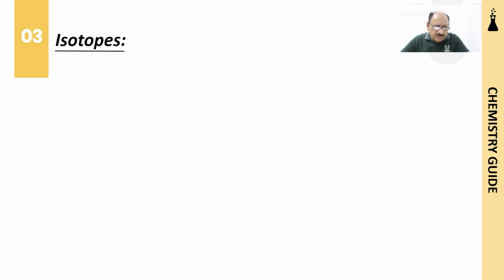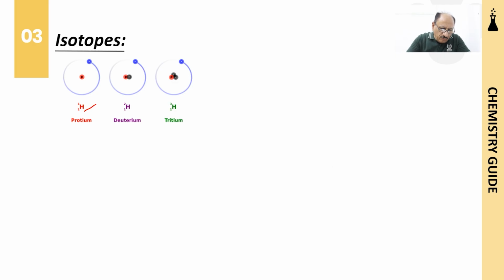And isotopes, we can discuss isotopes. What are the isotopes? Isotopes are basically atoms of the same element, having the same number of protons but having different numbers of neutrons. So we can discuss atoms like hydrogen, 1H1, 1H2, and 1H3. This is protium, deuterium, and tritium. Protium is having only one proton and one electron. In each one, protium, deuterium, tritium, one proton, one electron, but neutron number is different. As you can see, 1H1 is having no neutron, 1H2 is having one neutron, and 1H3 is having two neutrons